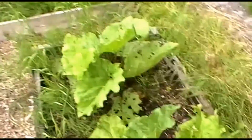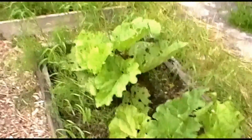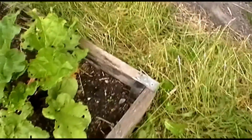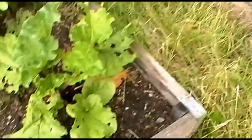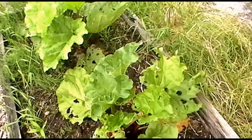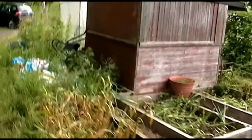Now, here's some rhubarb. Rhubarb I don't think should be in a raised bed. To me that's a waste of a raised bed, because it's a permanent crop. I'd rather put it elsewhere. So what I might do is, you've just given me an idea here. If this rhubarb, it looks, to be fair, like it's its first year being in the ground. It's a bit pathetic and small, so I suspect it was only put in this spring. So if I wait till autumn, dig this up and go and put it,